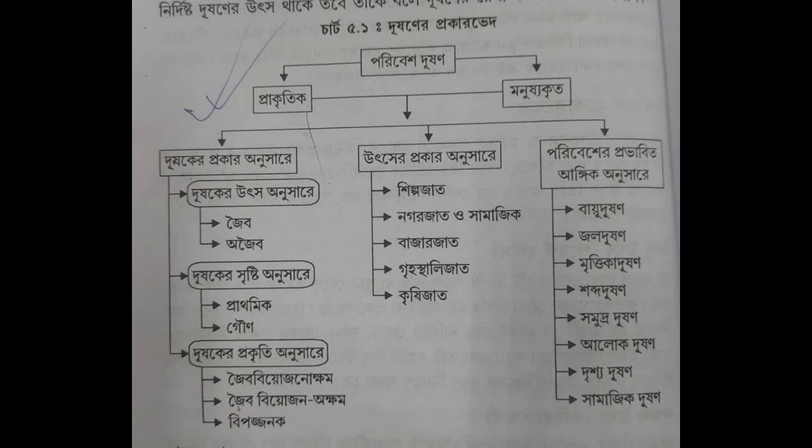and they can again be divided into biodegradable or non-degradable and hazardous wastes as per their nature, their activities, and how much they affect or not. As per the source of generation of the pollution, they can be from industries, from urban areas, from commercial areas, from households, also called domestic waste, and even agricultural wastes. Hope we can relate to the different